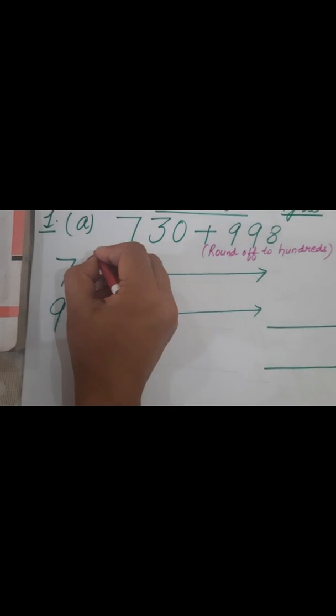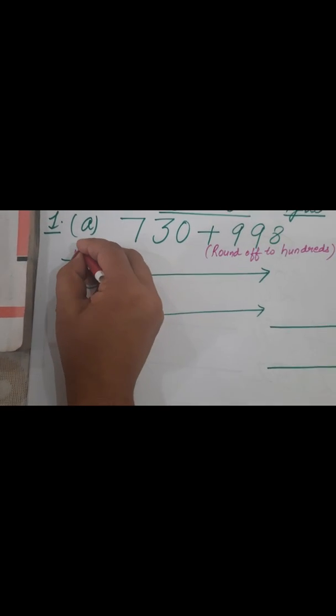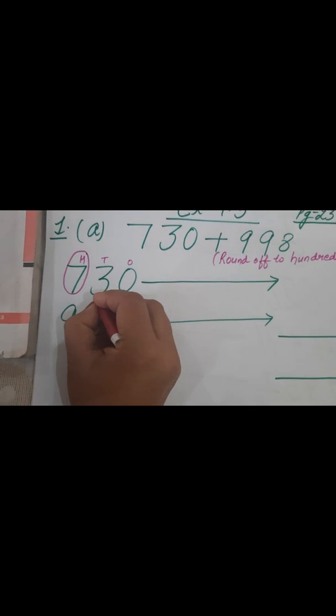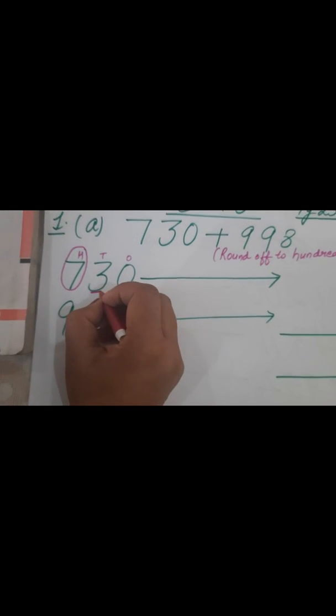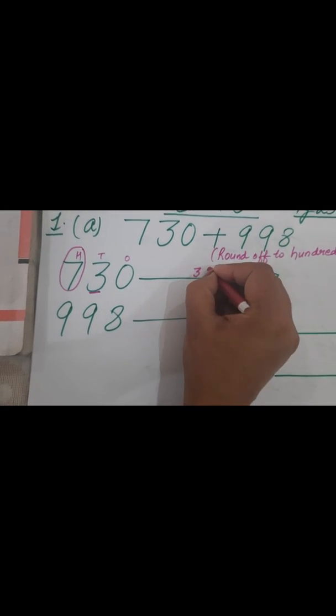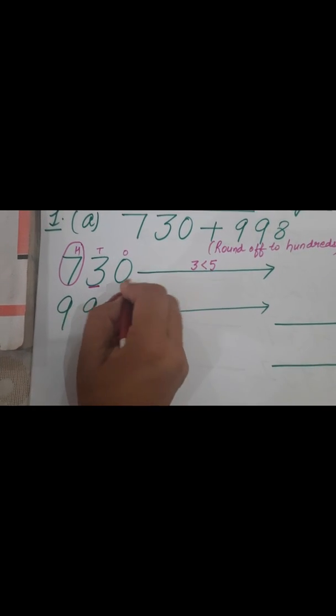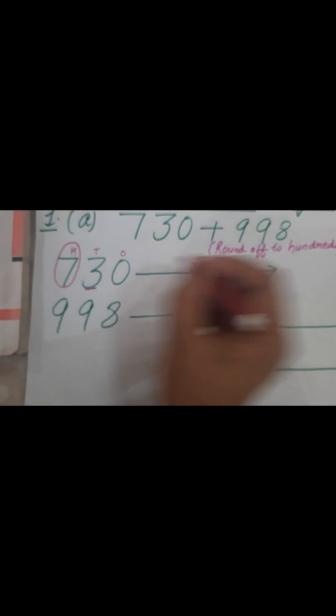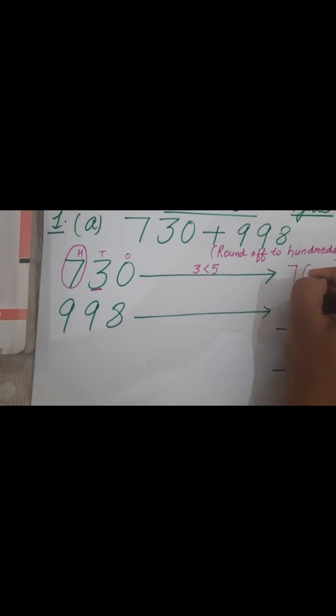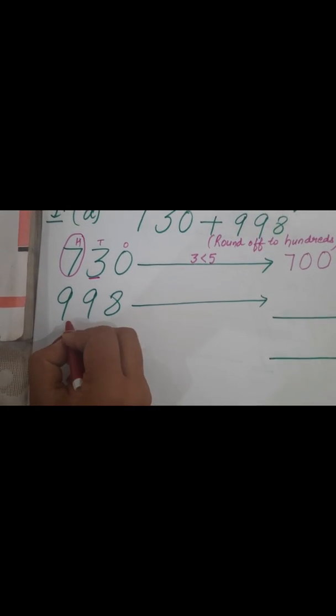As we know, this is ones, tens, hundreds. Circle the digit rounding to, underline the digit to the right. As this 3 is lesser than 5, anything to the left remains the same, so it will equal 700. Now next is